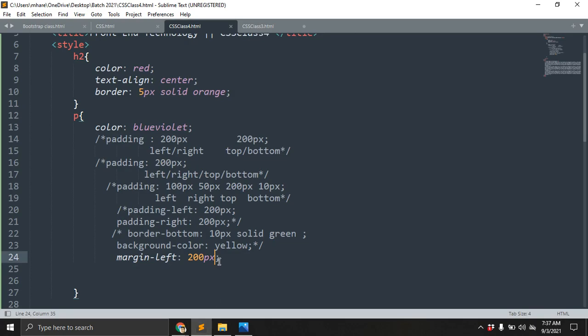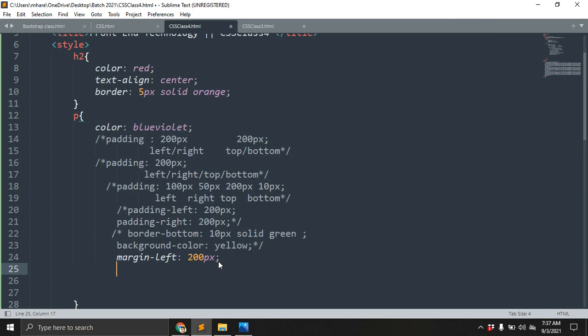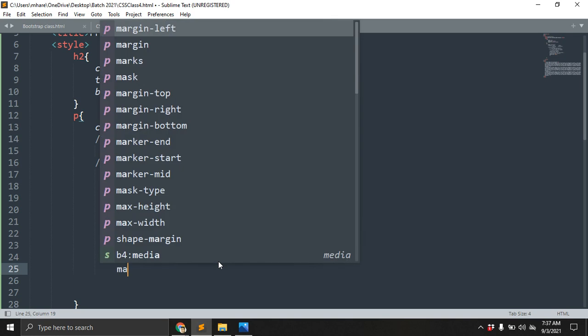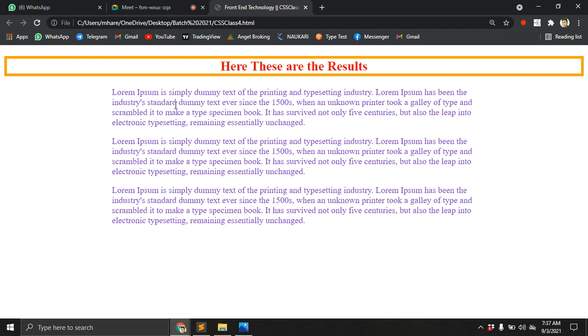You can see almost whatever we discussed about padding, the margin is also the same.